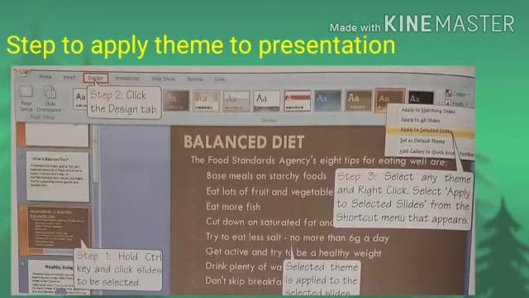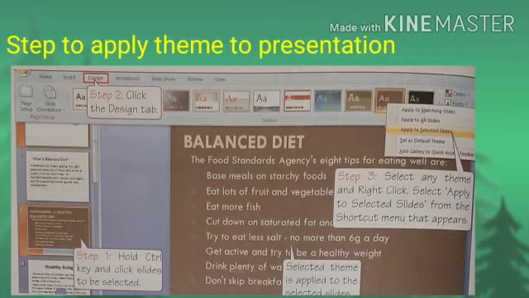We can also give a theme to a selected slide. To do so, the first step is to hold the Control key of our keyboard with one hand and click the slide to be selected on which we are going to give the theme. Then we'll click on the Design tab.